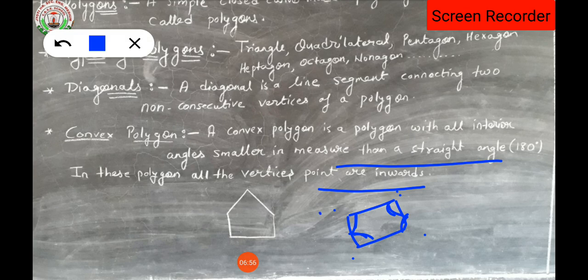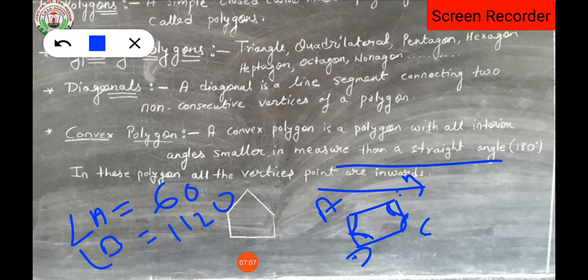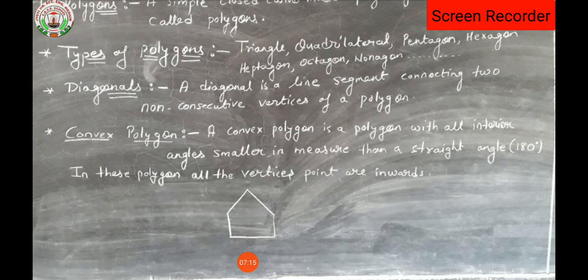Suppose here these are vertices A, B, C and D. Suppose angle A is equal to 60 degrees, then B is equal to 120 degrees, angle C is equal to 179 degrees. All 4 vertex angles will be there, but if we are talking about only one angle, it should be less than 180 degrees. That means a convex polygon is one in which every angle should be less than 180 degrees. Okay, next,